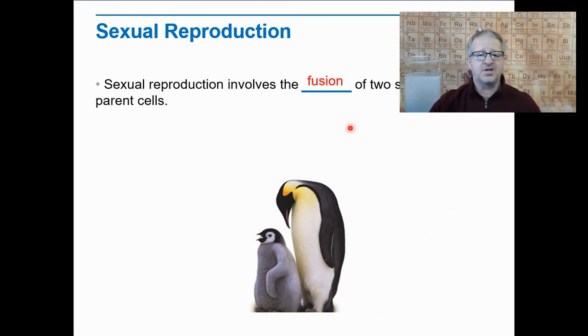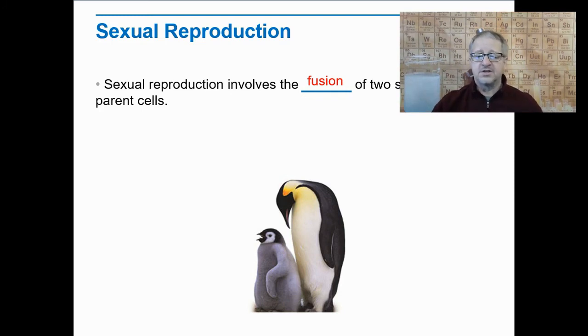So sexual reproduction involves the fusion of two separate parent cells. Now asexual reproduction involves the separation of a single cell, whereas sexual reproduction involves the fusion or joining of